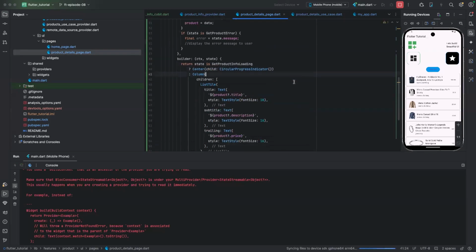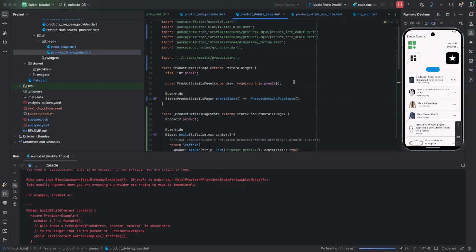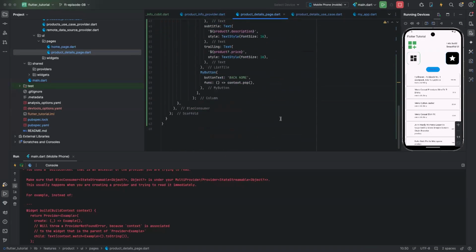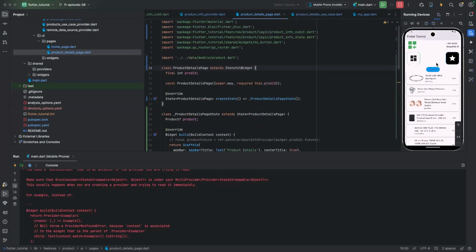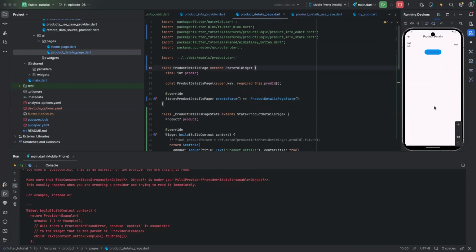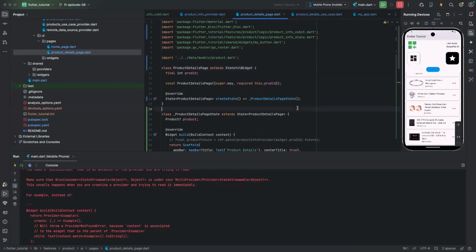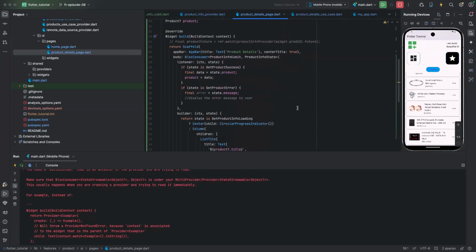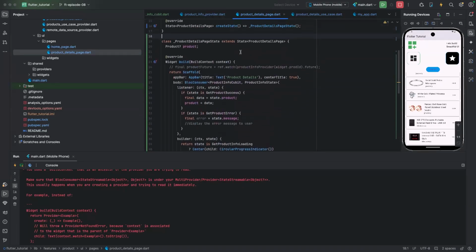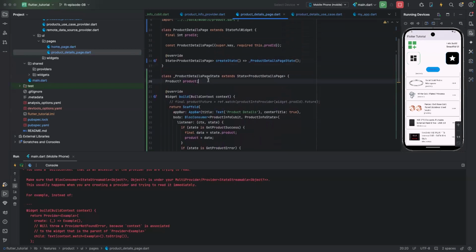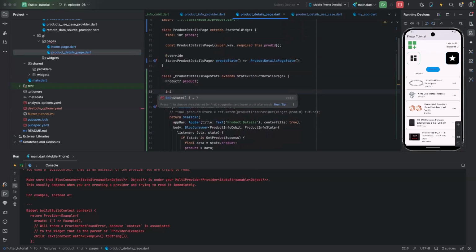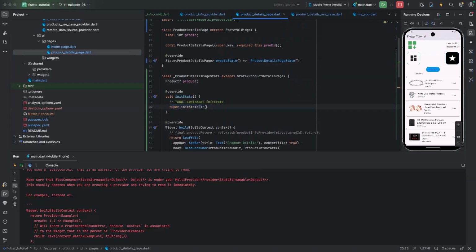Let's run and see. Okay, so our products are being fetched. Let's see. This is showing null for all. Are we passing the product ID? Let's check. Oh, we are not calling, sorry. So we need to call init, we need to call